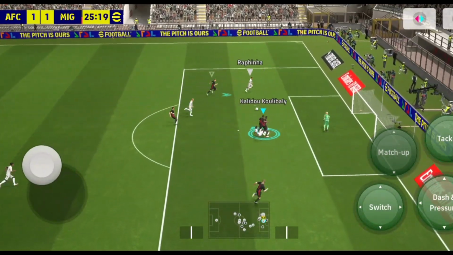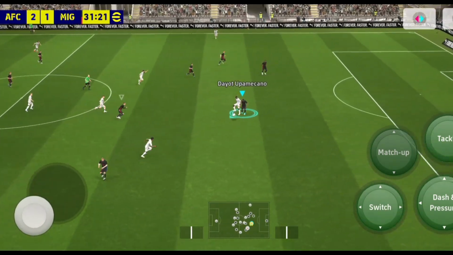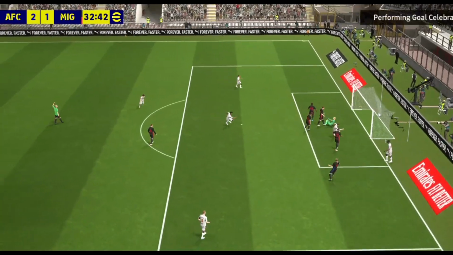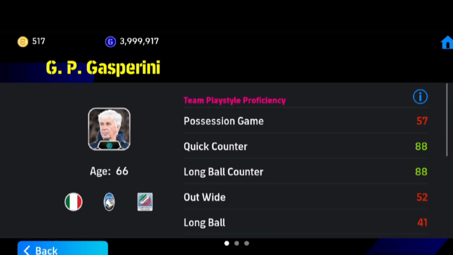The only way to make a comeback in the match is by changing your play style. Unfortunately, you don't have a manager that has proficiency in two play styles. Konami released one of the most requested managers in eFootball, a manager that has 88 proficiency in both quick counter